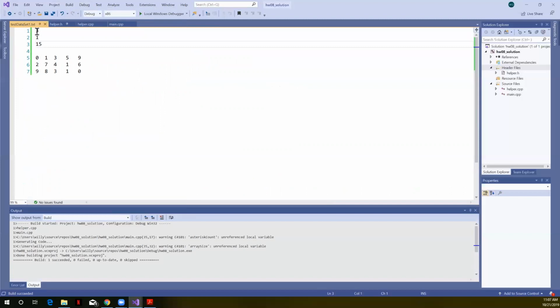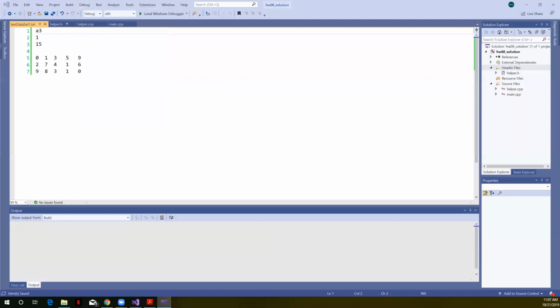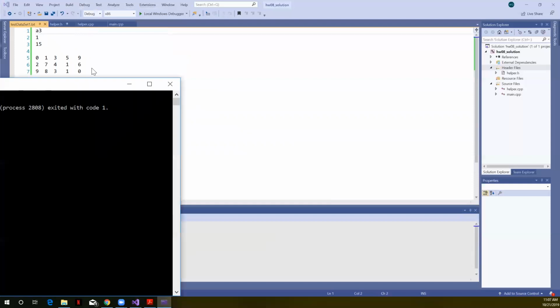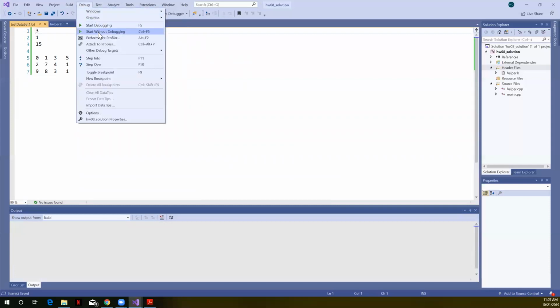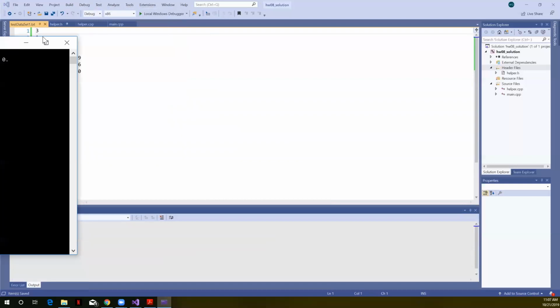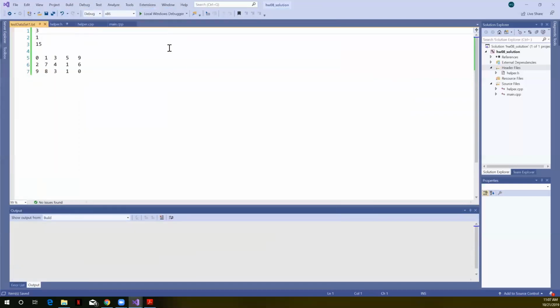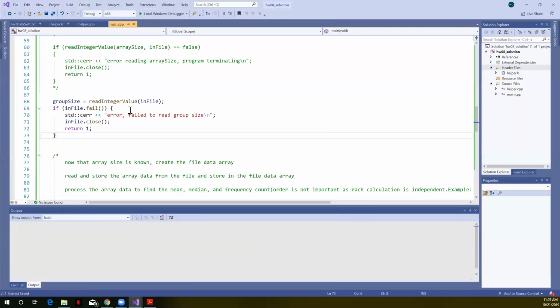All right, let's introduce that error here before group size. Let's say start without debugging. Right, we get that failed to read group size. Or if we get rid of the error, it should read the group size and we won't get any output. Right, we don't get any output. So back to main,